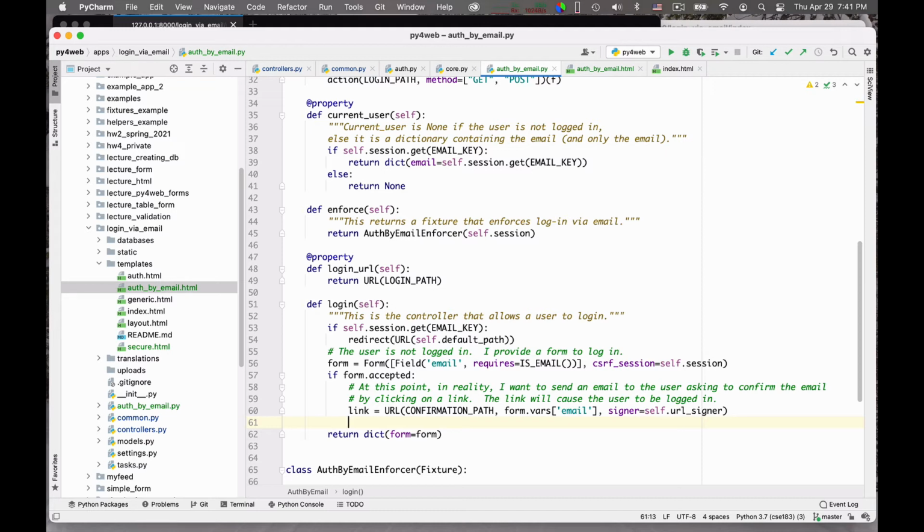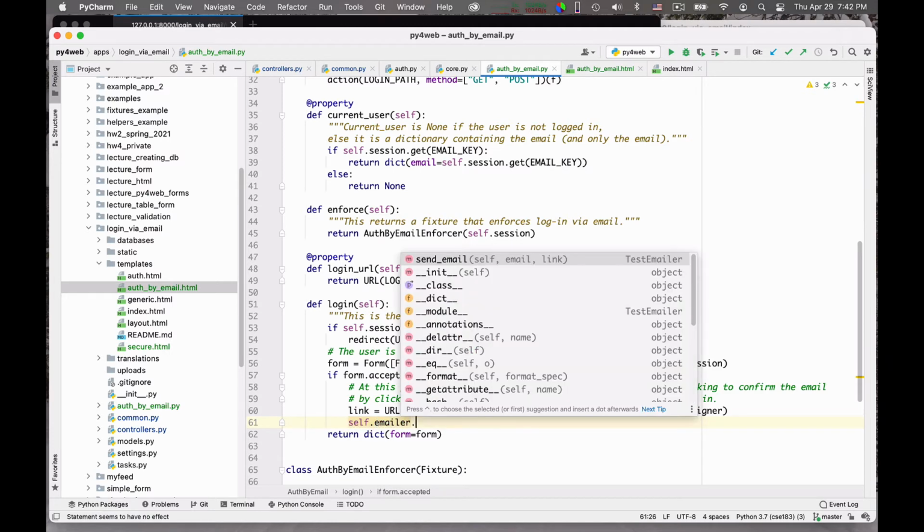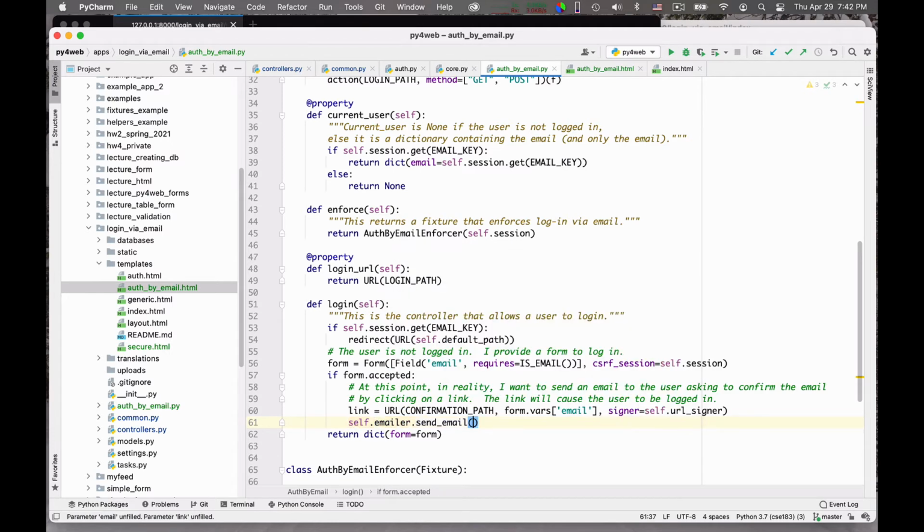So here I generated the link, and then I call self.emailer.send_email, and I send it to the form.vars email.